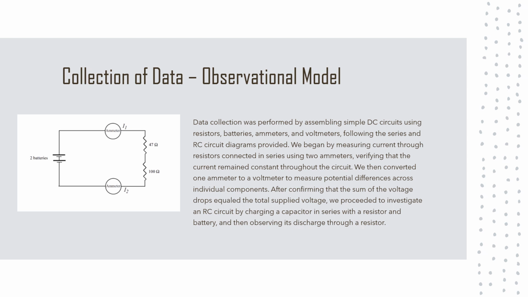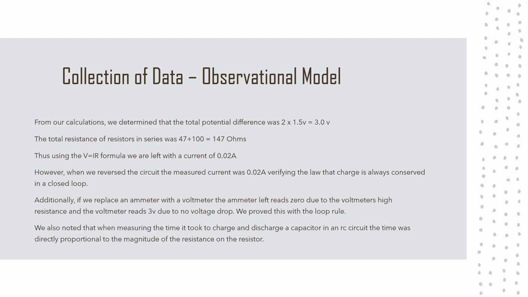After confirming that the sum of the voltage drops equals the total supplied voltage, we proceeded to investigate an RC circuit by charging a capacitor in series with a resistor and battery, then observing its discharge through a resistor. The total potential difference was 2 times 1.5 V, which is 3 volts. The total resistance of the resistors in series was 147 ohms, and